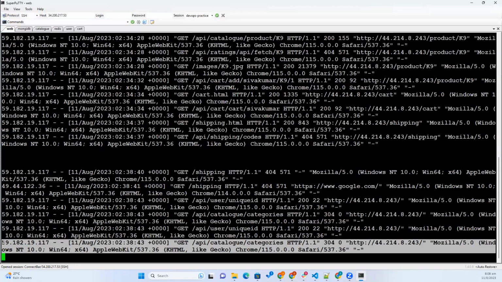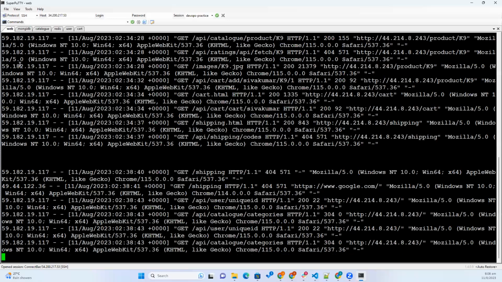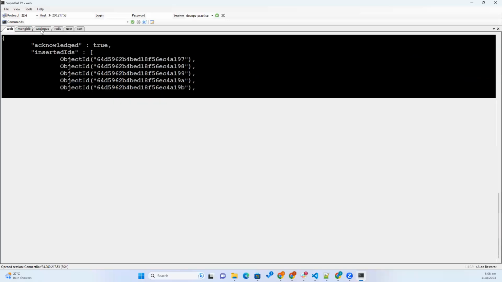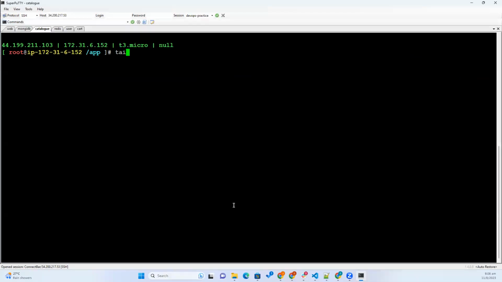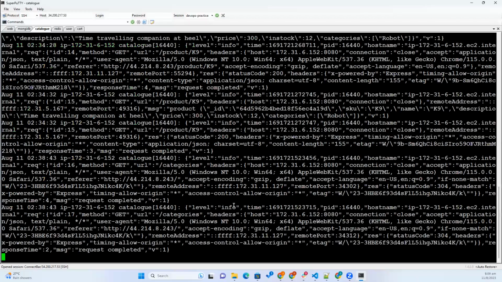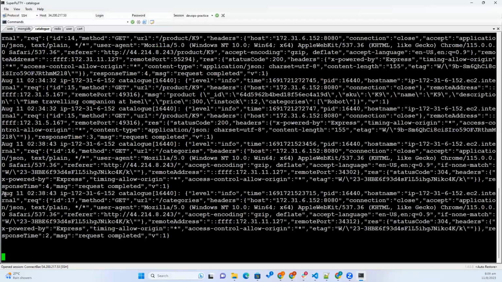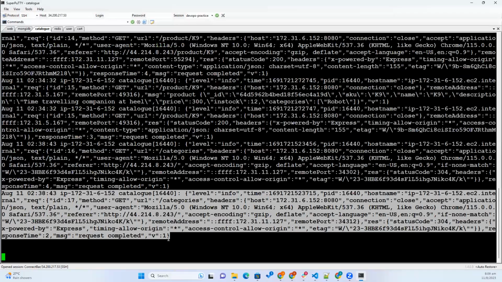Then immediately where should you check? Generally you will get 404 if it is an error. So then where should you check? You should go to the catalog and check here, tail -f, the log messages. There is no dedicated folder here. So you'll get the request here. From here, maybe you have made some mistake in giving